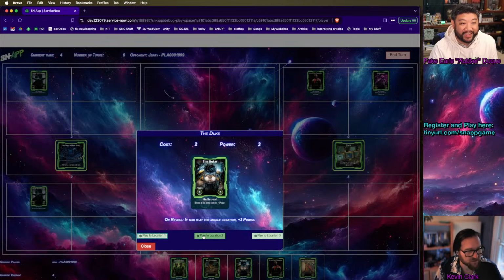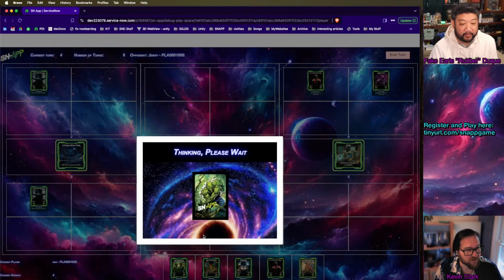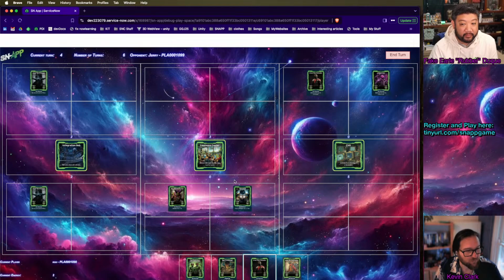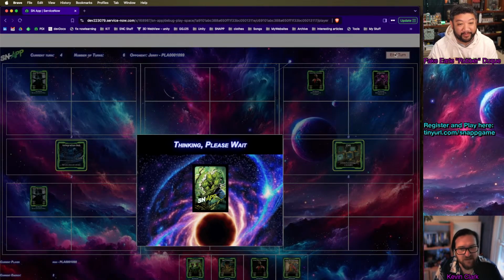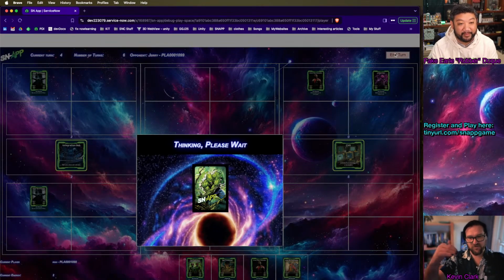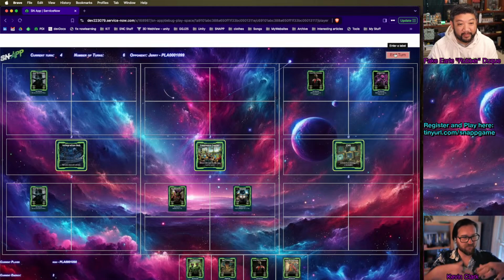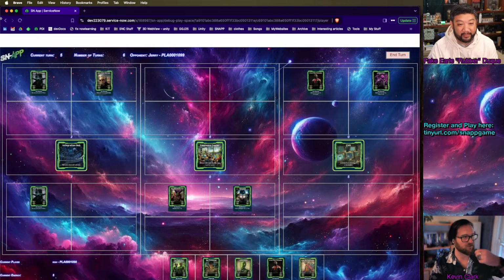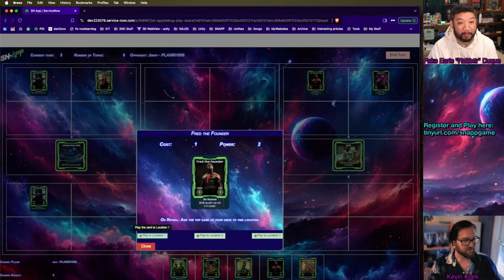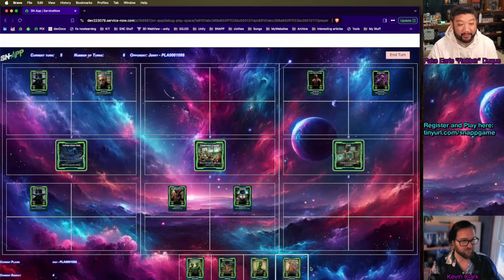And I get these buttons, and I can select which location I want to play it to, and it will put it there for me. And then once I'm happy, I can hit this end turn button up the top. Once I hit end turn, the 2 sessions start talking to each other, and it will progress to the next turn. So now I'm on turn 5, I have 5 energy, I can select a different card, play it to a different location,